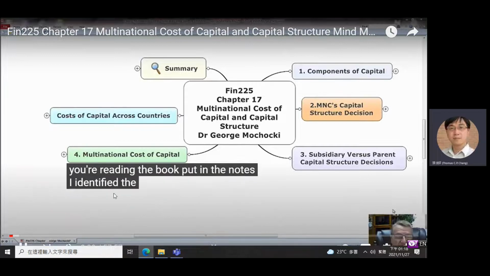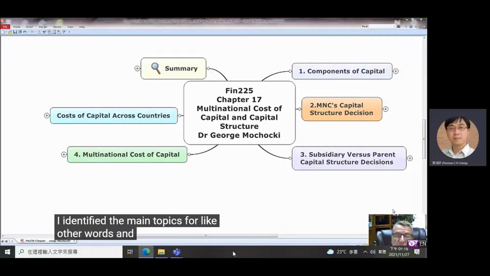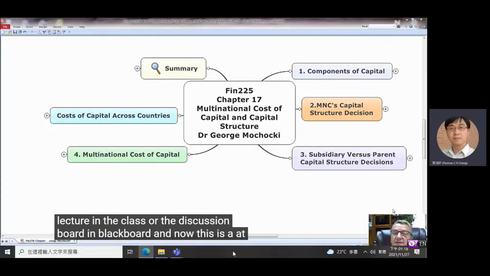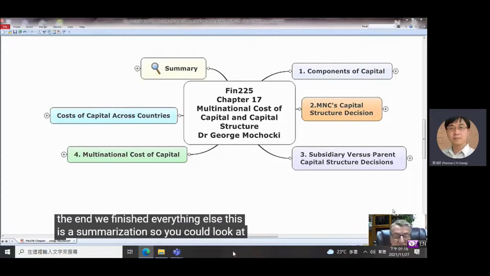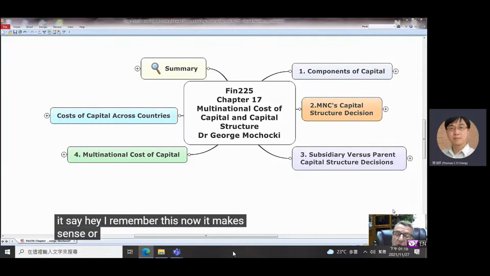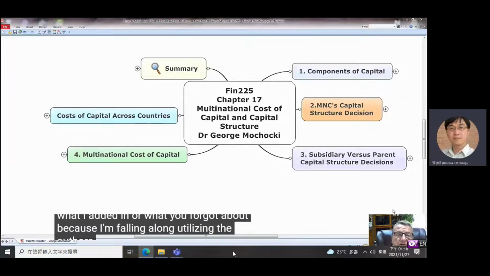I identified the main topics, for lack of better words, in my concept maps, and then you add on to it. We discuss it in a lecture in the class or in a discussion board in Blackboard. And now this is at the end, after we finish everything else. This is a summarization, so you could look at it and say, hey, I remember this, now it makes sense. Or look at my concept maps and see what I added in or what you forgot about, because I'm following along utilizing the author's